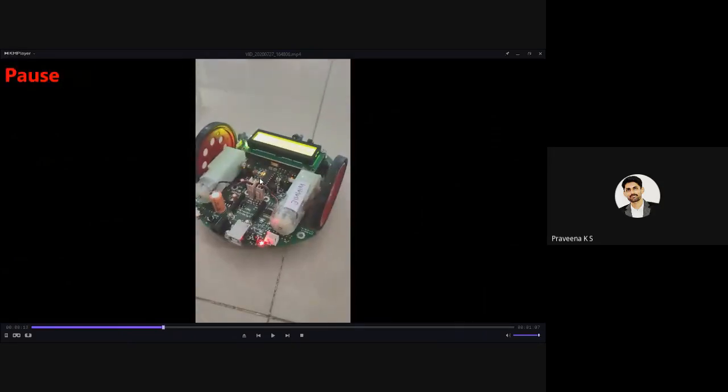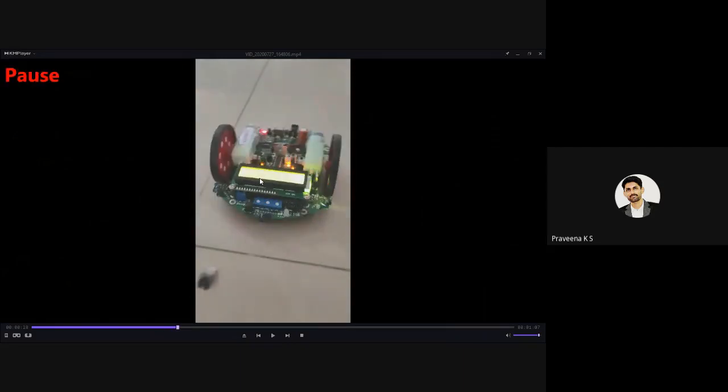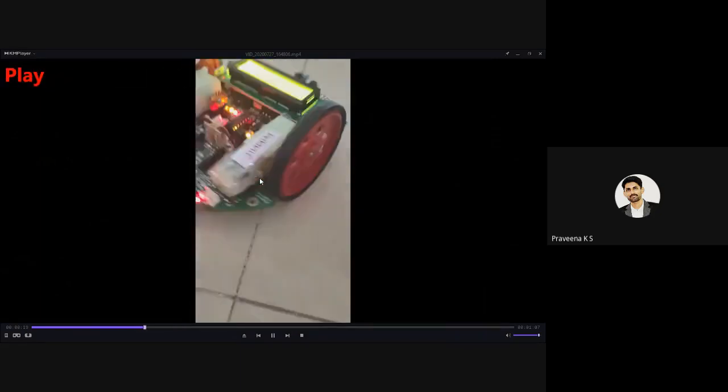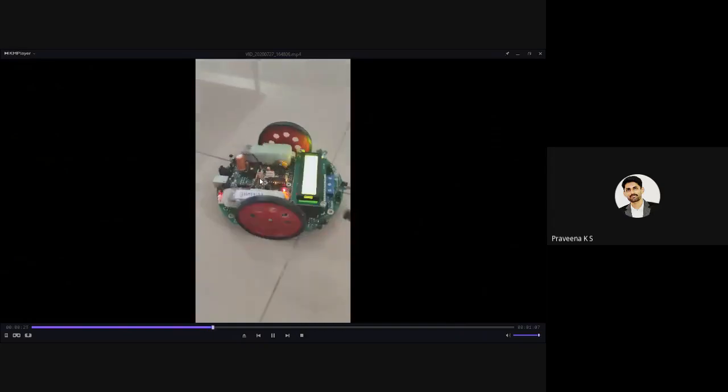So this will be an advantage when you have a corner, left or right directions, or different directions. Then soft left, sorry, soft right, then soft left, then backward right, then backward left. Fine. This is how it works.